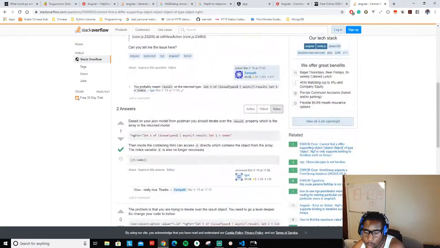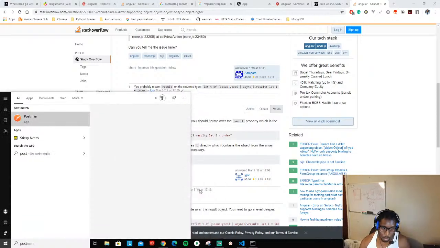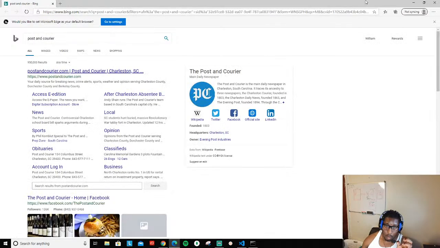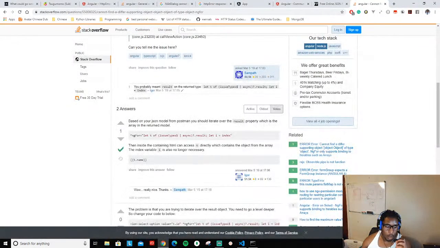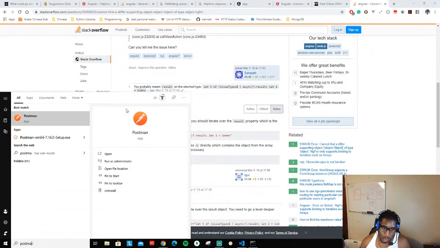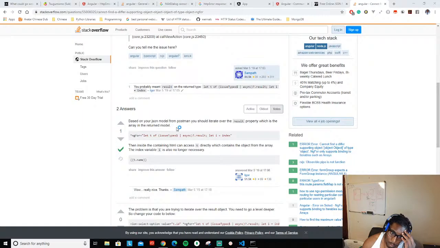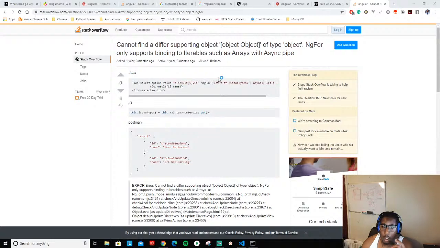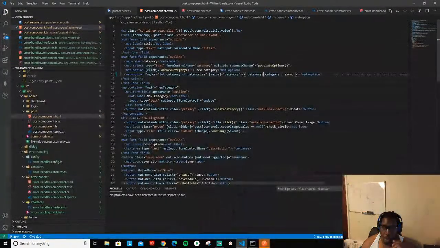So I should probably look at those categories, and I'll use Postman to do that. So let's go to Postman and just see how this data is coming in. Depending on how that's coming in, that can tell us a lot about how we need to fix this. I don't see. Oh, I see. So he made this an observable, which is probably